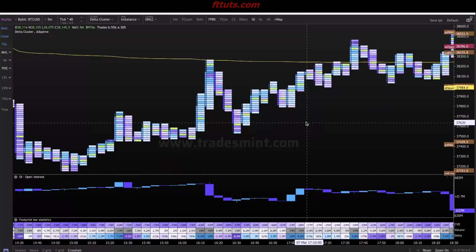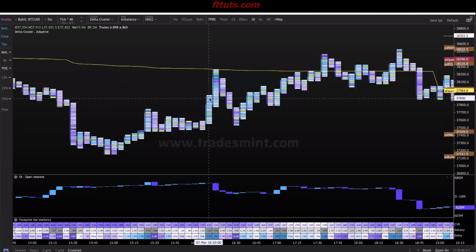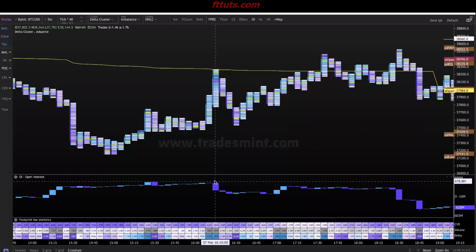We can see that as we're coming up here, we see a massive decrease in open interest. And we can even see that volume, although we still have a spike in volume here, it's nowhere near as big as it was before. And so we could say that because the open interest is coming down, this is a weak move